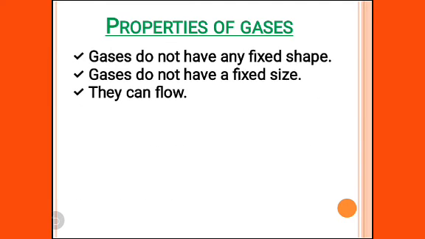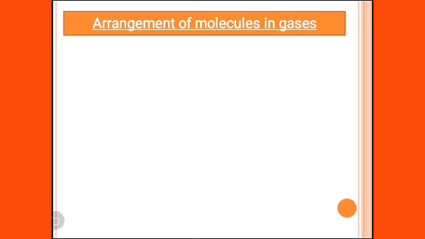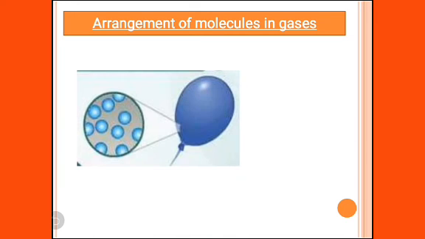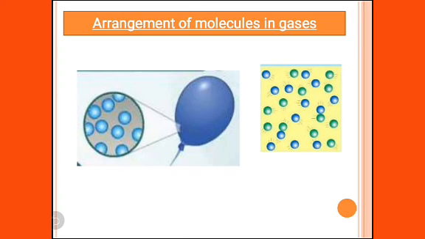Gases have no fixed shape. Also, they occupy the whole space of the vessel or container in which they are kept. That is, a gas can fill any amount of space that it can get into. They do not have fixed size. The reason behind this is the particles in a gas are very loosely packed. That is why they can move freely in the entire available space. This is the reason you come to know what is being cooked in the kitchen without even entering there.